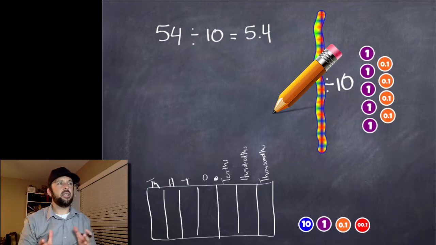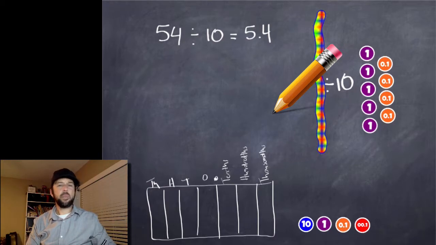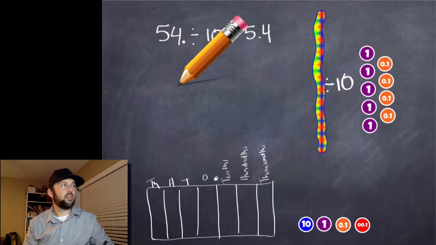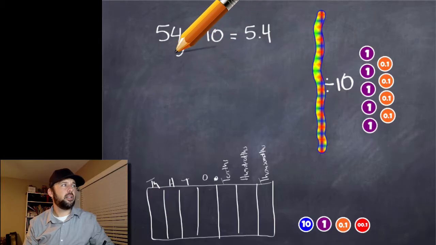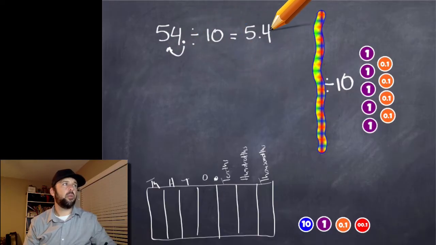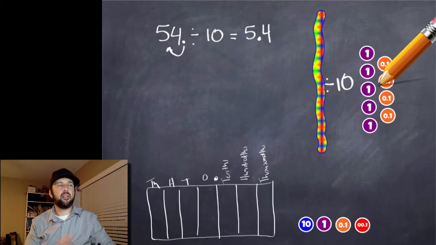So you're kind of getting the idea. Nothing too terrible, nothing too hard, but it just helps to model what's actually going on behind the scenes, right? So again, if we think of the number 54 as having the decimal point here, when we divide by 10, it's going to move back one place because there's 1 zero. We're going to move it back one place, which is why it ends up here. Just another way to look at it. But right now we're mainly concentrating on the place value side of things and what's happening and why the numbers work out that way.